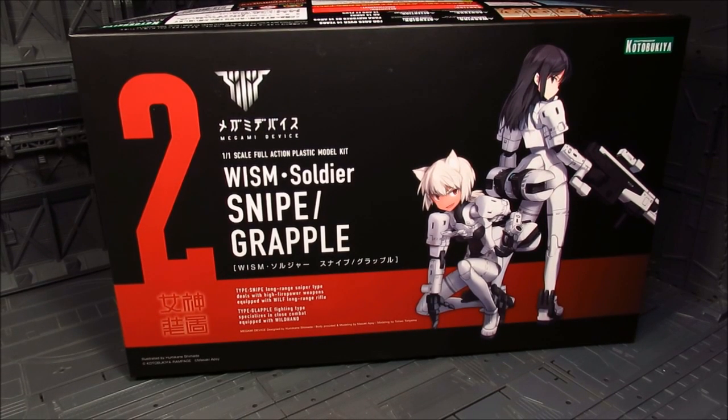This is going to be a review for Kotobukiya's second entry to the small kit line, the WISM Soldier, Snipe, and Grapple. Now this is a small kit again that you have to build. I already reviewed the first one, and this piqued my interest since I'm really getting into the Frame